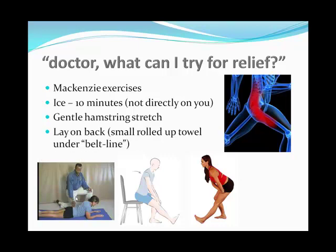Now also, just like with the McKenzie exercises, we want to keep that lower back in extension. So you can lay on your back with a small rolled up towel under the belt line area, because that's where those nerve roots are, L3, L4, and L5. So there's a very easy way to start getting some relief at home. It's gentle. You shouldn't have any issues. Don't overdo it. And if it continues,